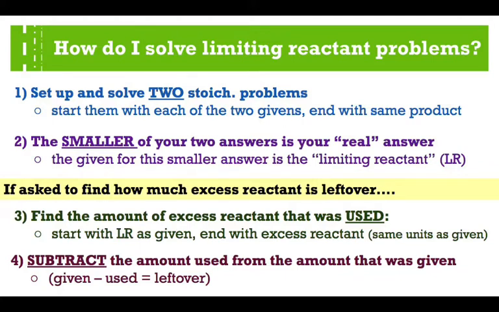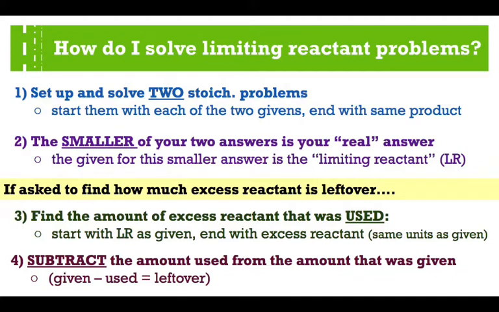As you notice here, this is a 4-step process in total to finding that excess reactant, but it is always going to start with you finding the limiting reactant first. And once we know what the limiting reactant is, what we're doing here in these third and fourth steps is just figuring out how much excess reactant got used up while the limiting reactant was getting used up. So that after we figure out how much of it got used, and we knew how much we started with, we can subtract the two, figure out how much we were given minus used,